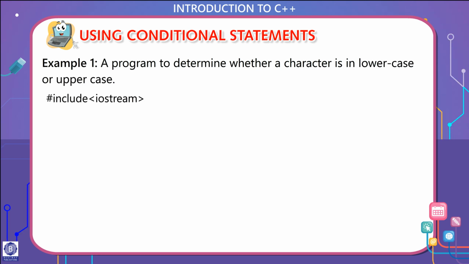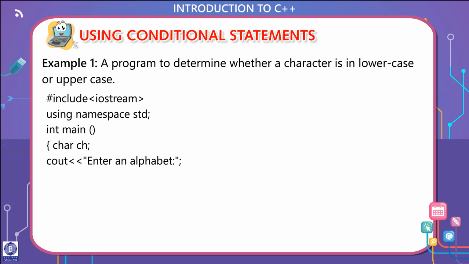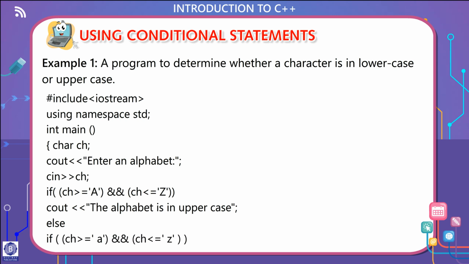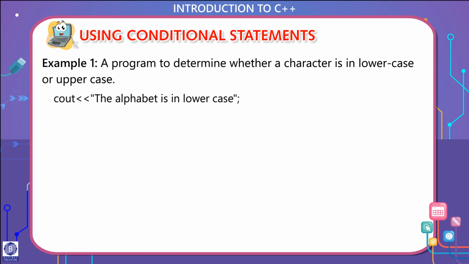#include <iostream> using namespace std; int main() { char ch; cout << "Enter an alphabet"; cin >> ch; if (ch >= 'A' && ch <= 'Z') cout << "The alphabet is in uppercase"; else if (ch >= 'a' && ch <= 'z') cout << "The alphabet is in lowercase"; else cout << "It is not an alphabet"; return 0; }